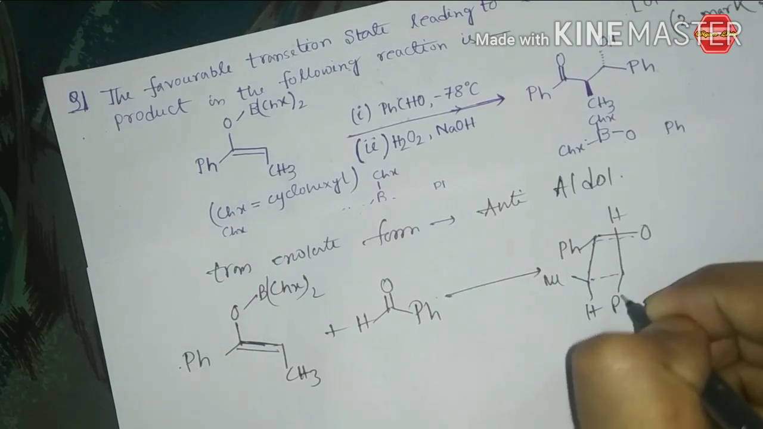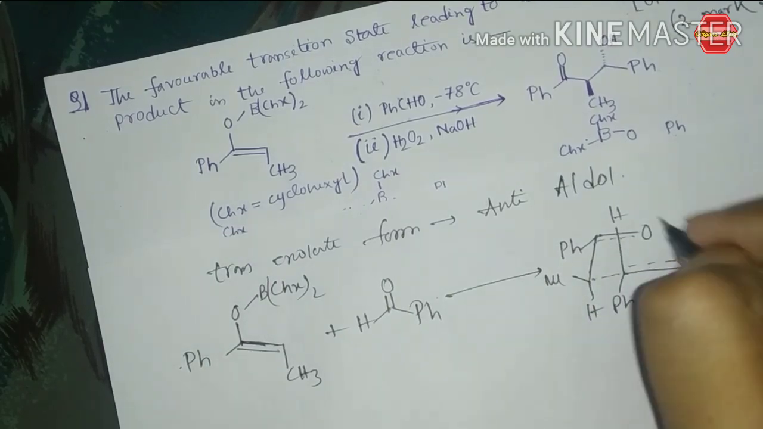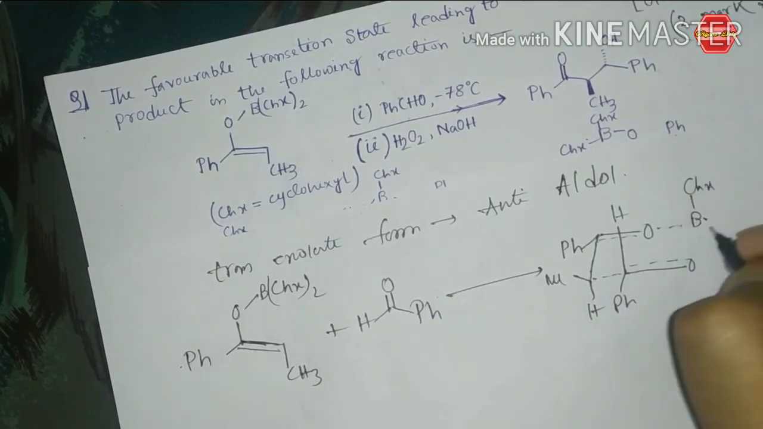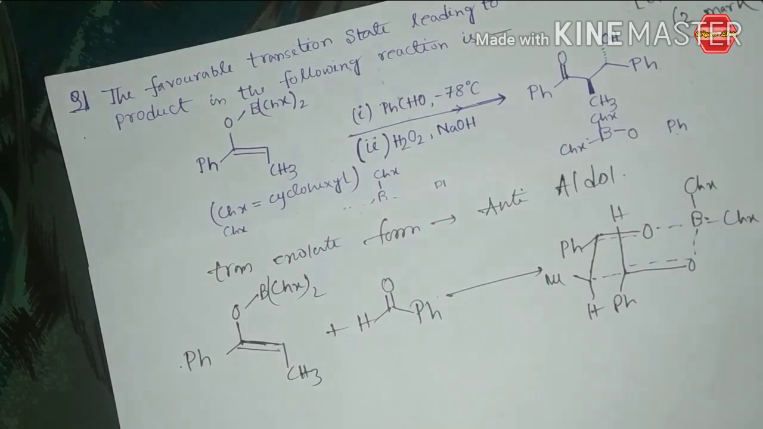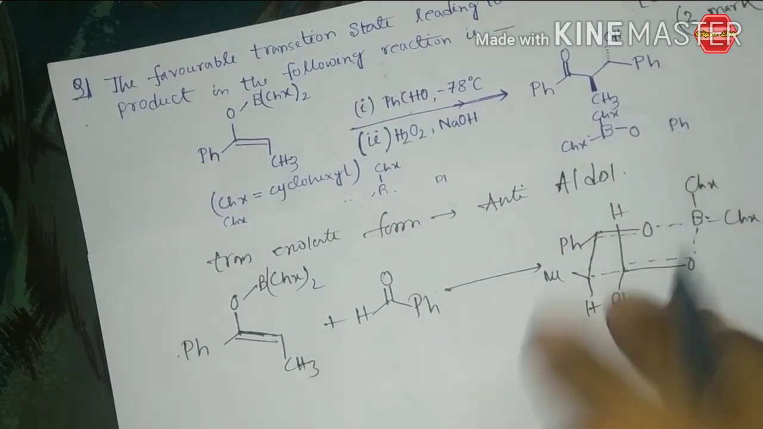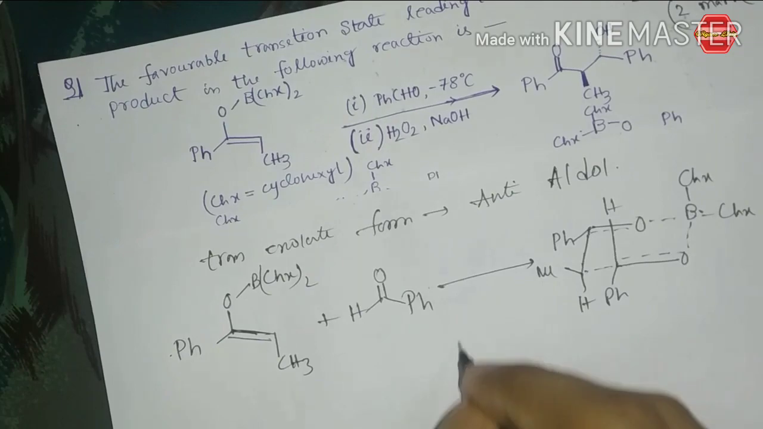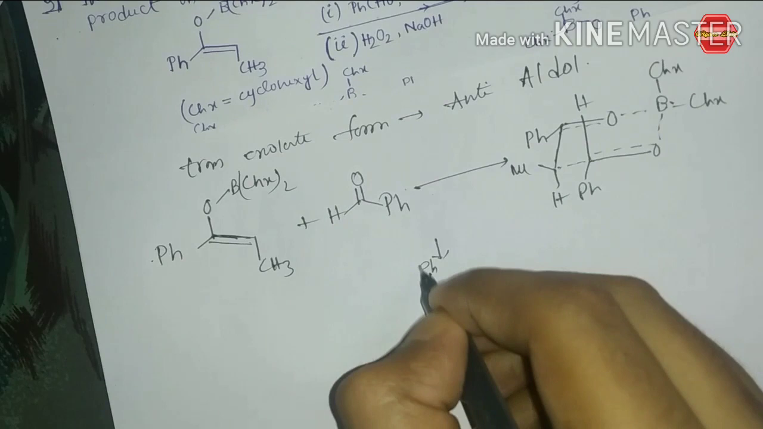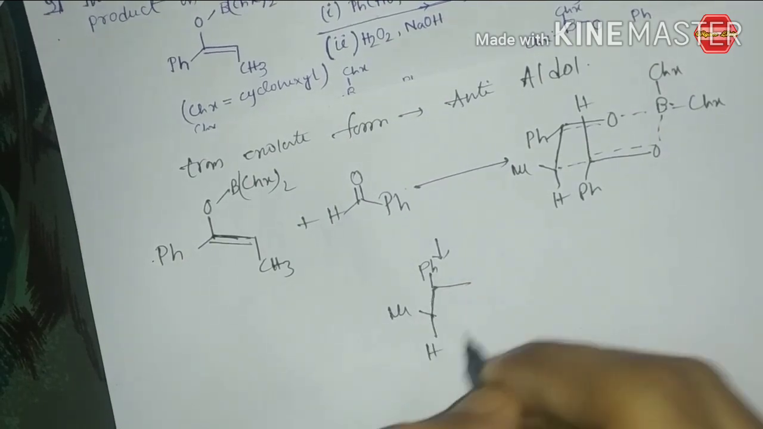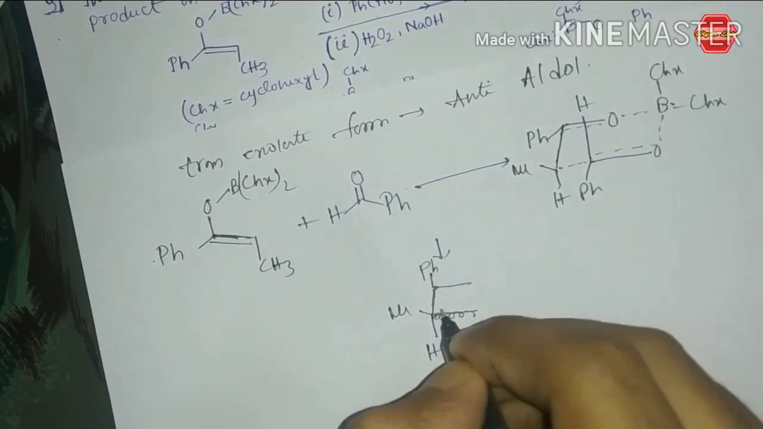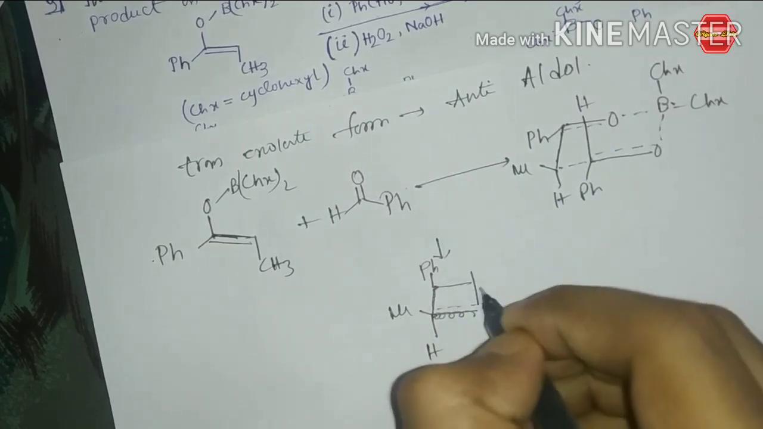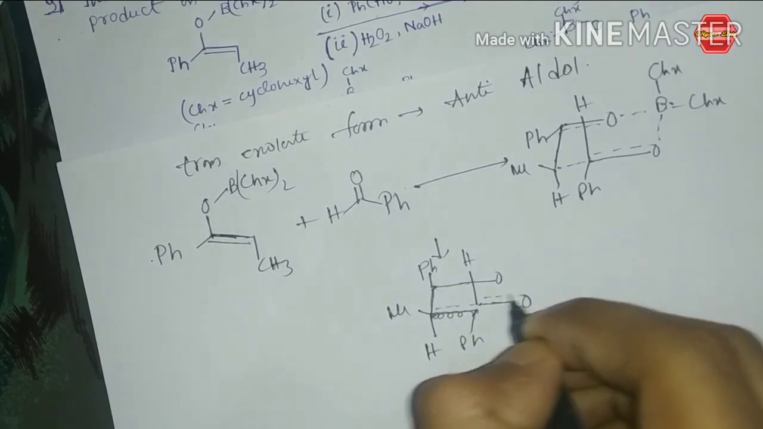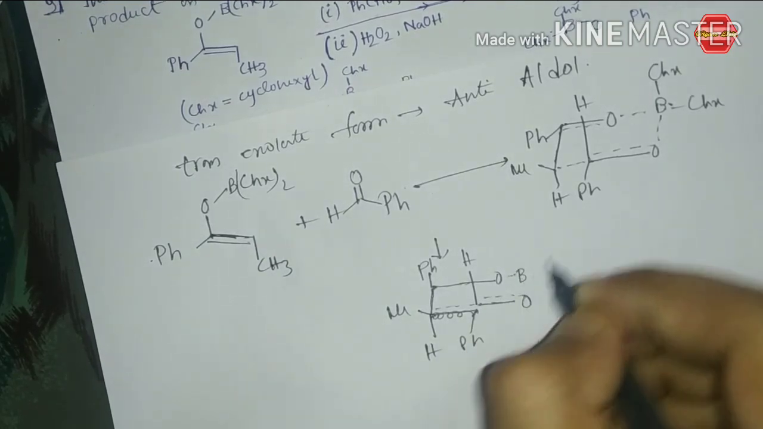So hydrogen, this is a methyl, and there is a boron and CHX actually. Okay, so see, there is one possibility, and there is also another possibility, that is this one. Sorry, this is not this type of bond, and this is oxygen, this is hydrogen, and this one is phenyl group, and this oxygen, and there is a boron,